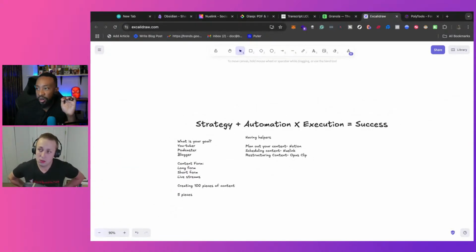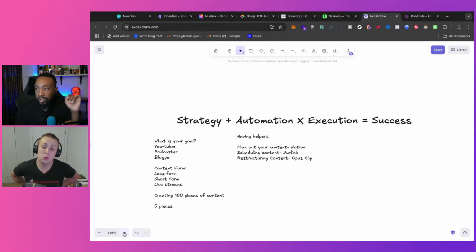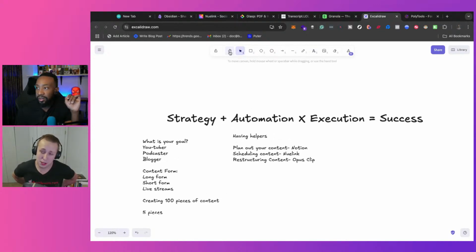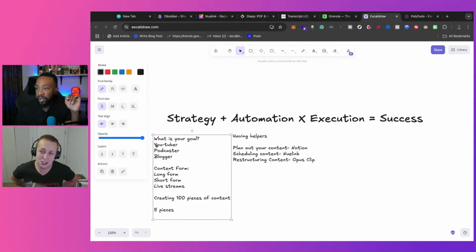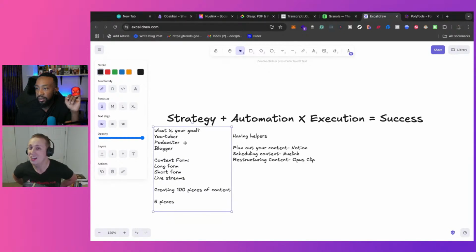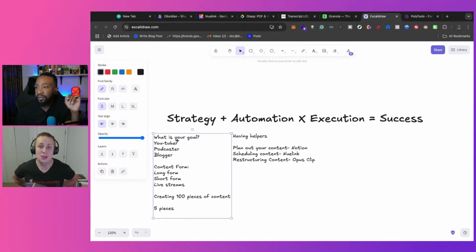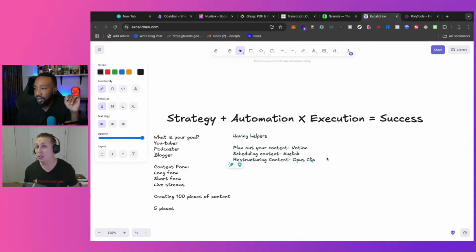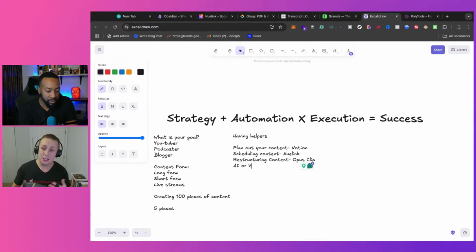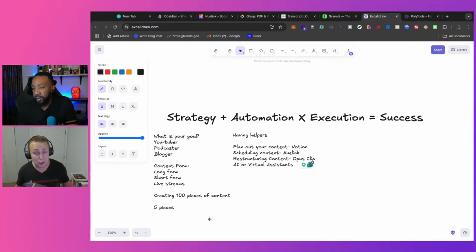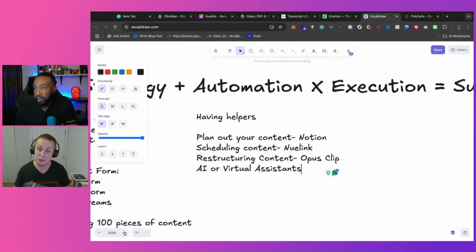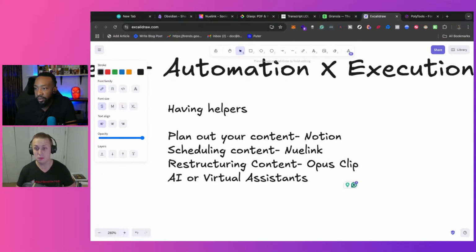Actually, let's talk about automation just a little bit longer, because automation isn't just using tools and AI. It's also using virtual assistants. If you have the capacity or money to afford that, if your business is growing, having people do the scheduling for you manually rather than using a scheduling tool could theoretically increase views depending on your region. On top of that, being able to use people to come up with ideas, soundboard, and keep you accountable. I think that's a great way to also think about automation. I love delegating that.